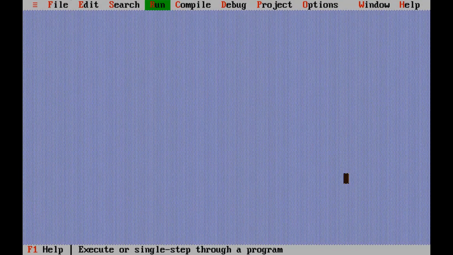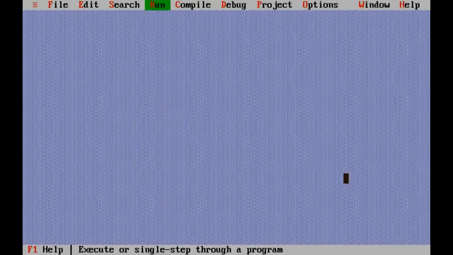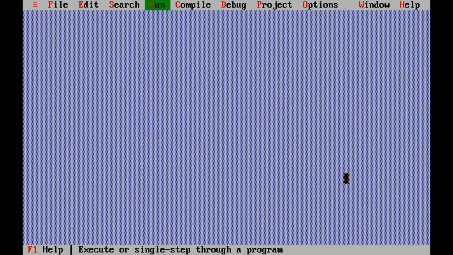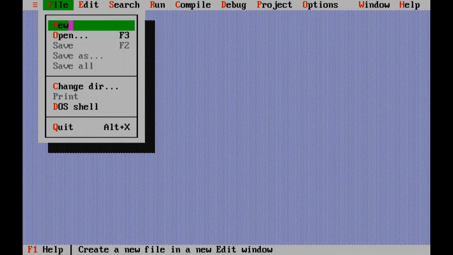Now in this lecture we are going to learn a second program using C code, that is basic arithmetic operations. In this we are going to learn how to do addition of two variables, subtraction, multiplication, division and modulus. So for that we are going to open a new project. Go to the file and click on new.